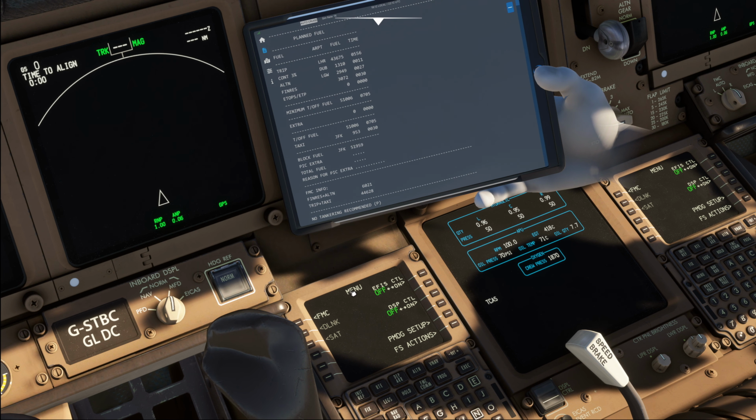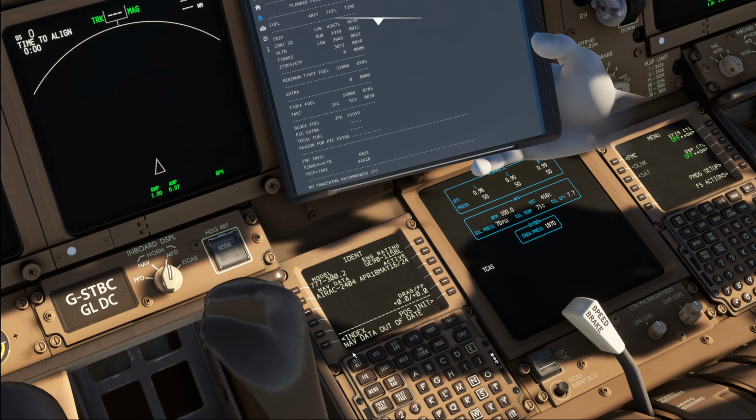So we start on the menu page and by going to FMC. This brings us to the ident page where we're going to check that the aircraft model is correct, which is 777-300 for the 300ER, and that the correct engine is fitted over here, which is the GE90-115BL. We'll also make sure that we've got the correct AIRAC in here, and since I'm recording a pre-release beta version of the aircraft to film this, we have a slightly outdated AIRAC in here, which is confirmed through the